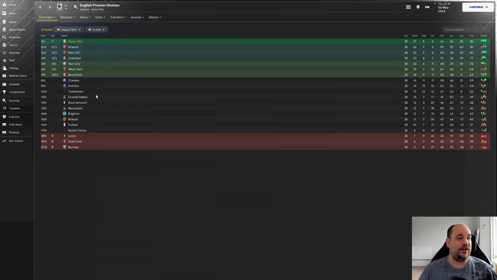a great first season. I think they might have got Chelsea and Tottenham mixed up in terms of where they may finish this season. Tottenham fans are probably going to hate me for saying that because I've put them outside the European places. But you look at Newcastle with the money that is at Newcastle Football Club, and they finished 13th on 46 points. In terms of our performance, 86 points, only 26